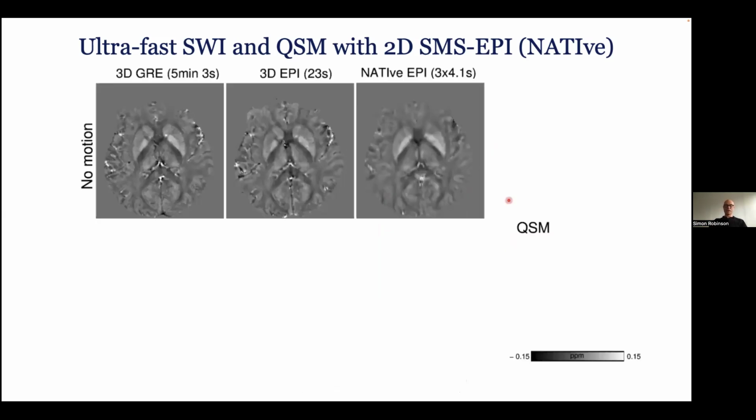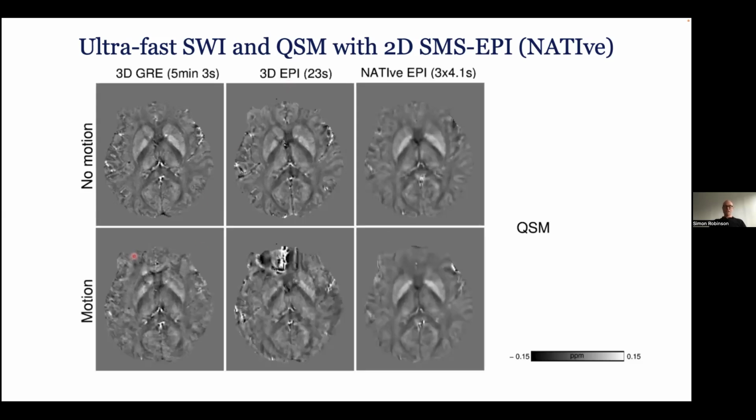And if we look at the QSMs, you can see that they're slightly blurred compared to the 3D GRE, but they're really only 3 TRs in duration, and even faster than the 3D EPI. But I think the real advantage here is in the context of motion, and here we've got the subject to do quite large motions during the acquisition, the 3D GRE is completely motion corrupted, as is 3D EPI, and